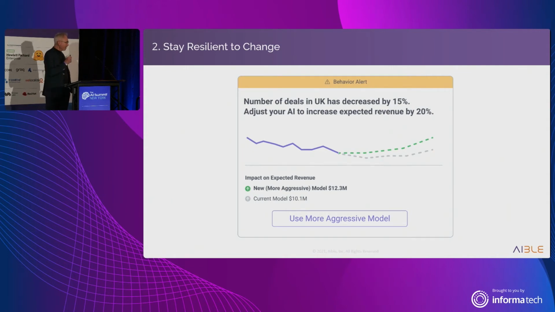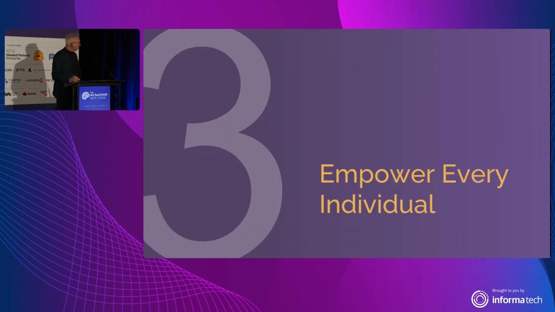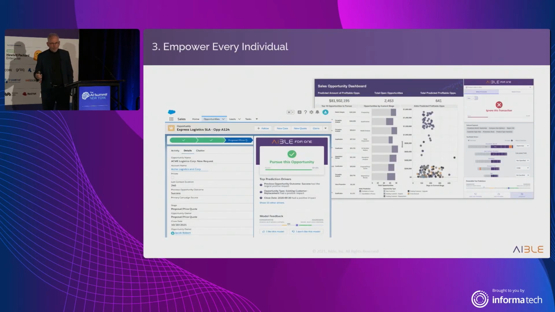Again, I'm in a much better place in terms of being a digitally transformed business to respond to these kinds of changes. I want to empower all the individuals. One of the things that's key is how do we get this in different places? This does start involving some IT, but I think there's ways that we can really make this simple. We've provided some out-of-the-box widgets for Salesforce that will work with any custom object in the environment and allow us to hook this up to our AI portfolio. And also examples where we've created widgets that we can drop into things like a Tableau dashboard.